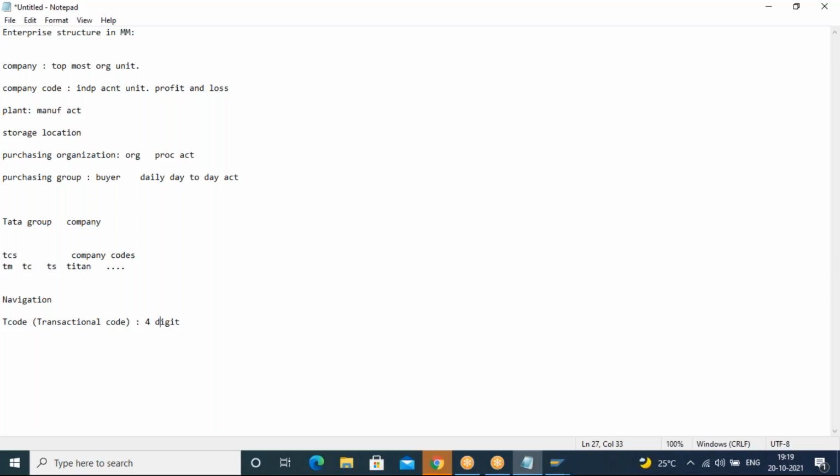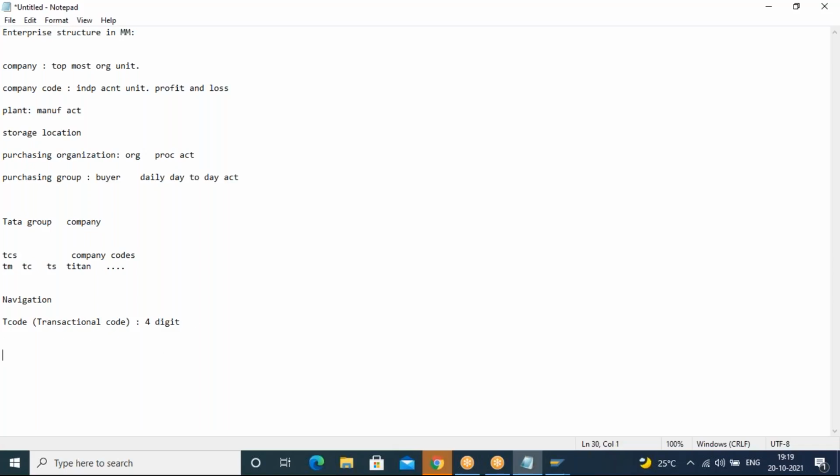Okay. So why we have a T-code for each and every SAP screen is, we can navigate easily to any of the SAP screens without wasting any time. It means within seconds we can navigate to whatever screen we want. Okay, but the thing is, we need to know the T-code. If you know the T-code, you can go to the screen wherever you want.